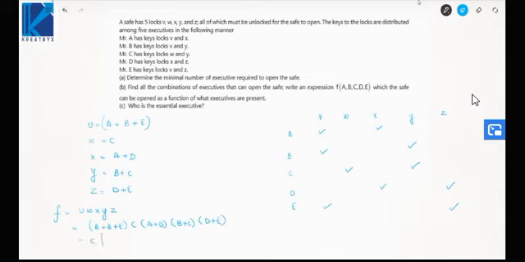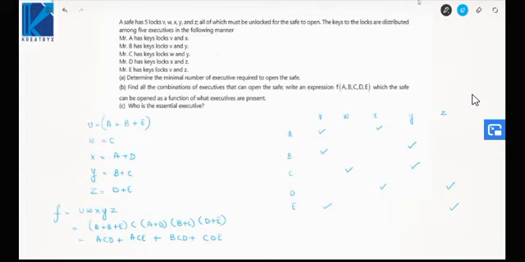So from here, if you calculate the logic expression, how will you calculate the logic expression? By multiplying these terms. So if you simplify, the logic expression that will come out will be ACD plus ACE plus BCD plus CDE. Okay. CDE can combinedly open all the locks. BCD can open all the locks. Similarly, A, C and E can open all the locks. So that way,